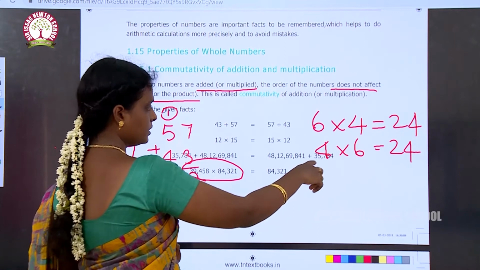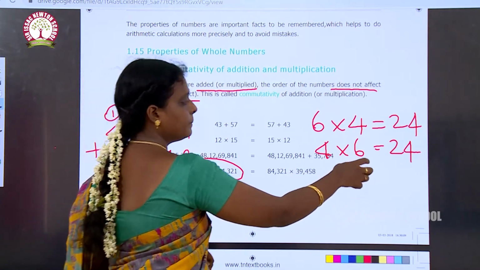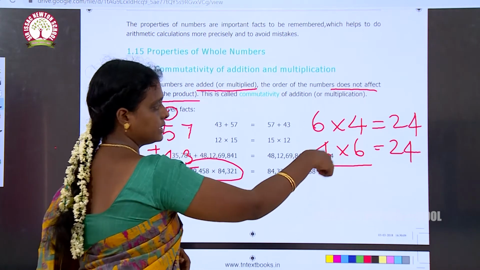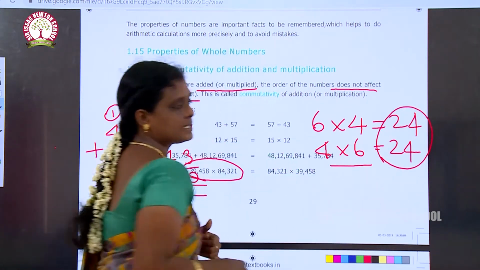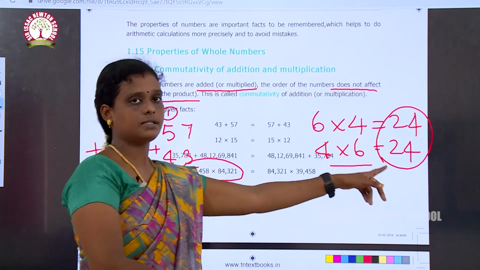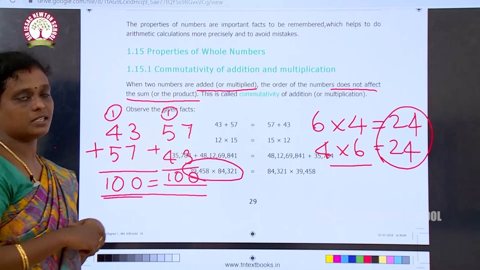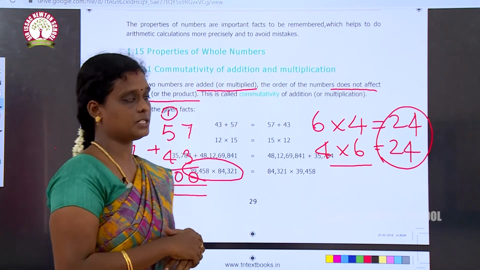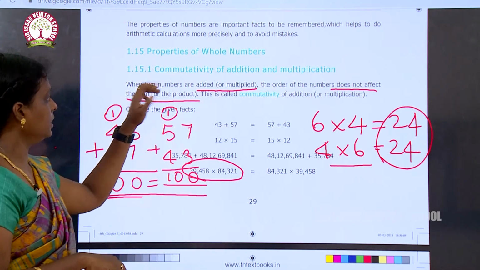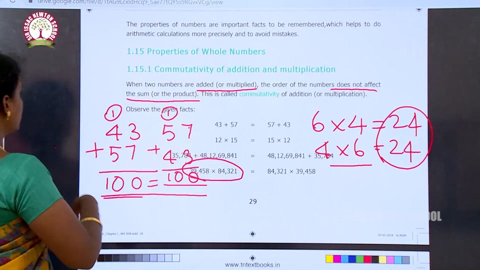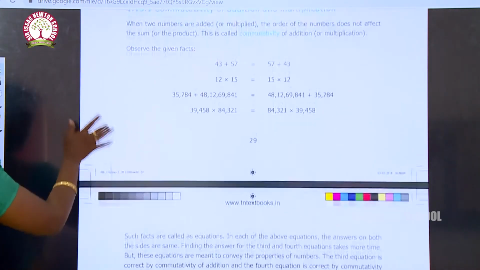So, the property is the same for multiplication also. Changing the order will not affect the answer, okay. The answer will be the same. So, this property is called commutative property of addition and multiplication, which is commutativity of addition and multiplication, okay. I hope you understood. And the next property,